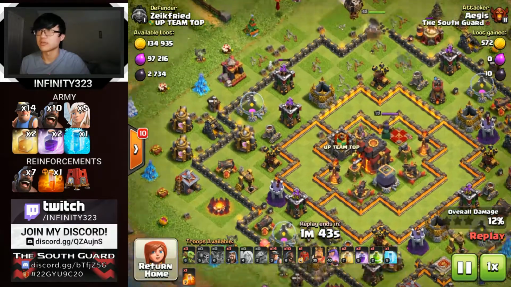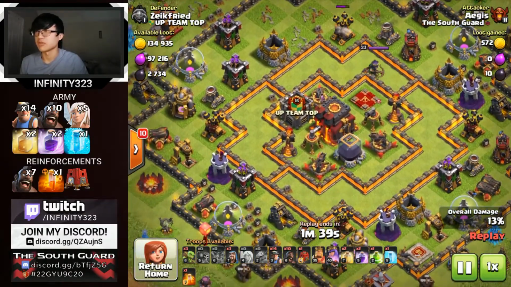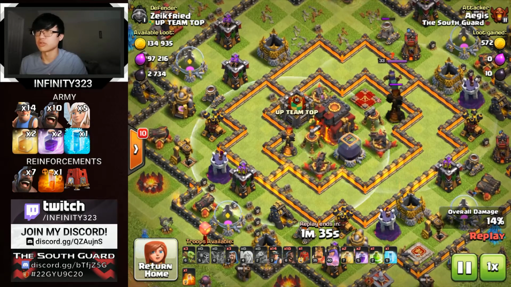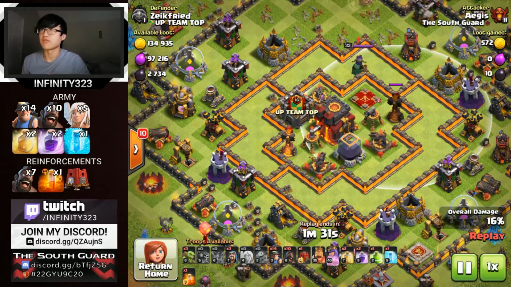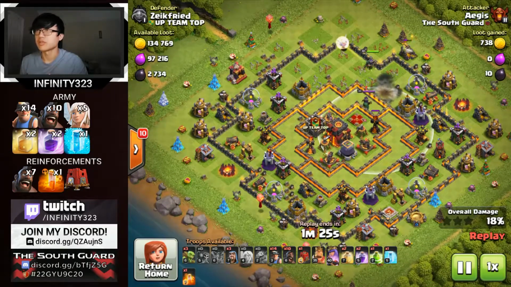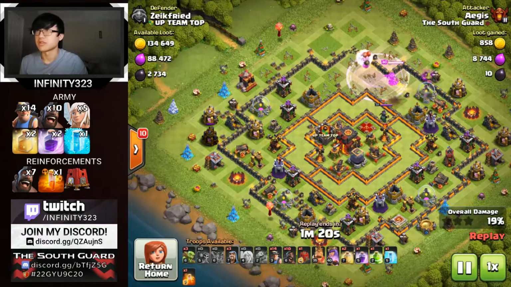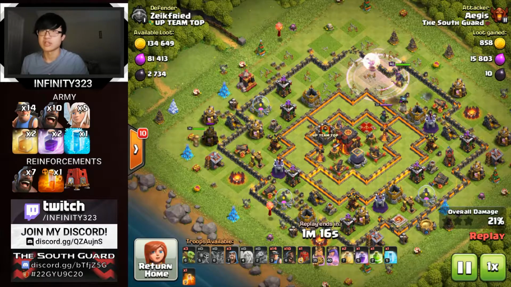And this is especially important with cores that have a lot of DPS. For example, this core has 3 expos, the queen, and 2 single infernos. So you need to take down that core, and you can do that if you path your hybrid or your miners into the core. So very soon I'll be dropping my siege barracks on this corner on the left, because I see that my queen is going southeast,